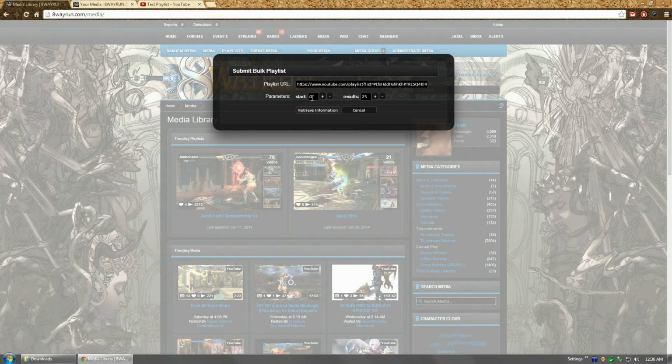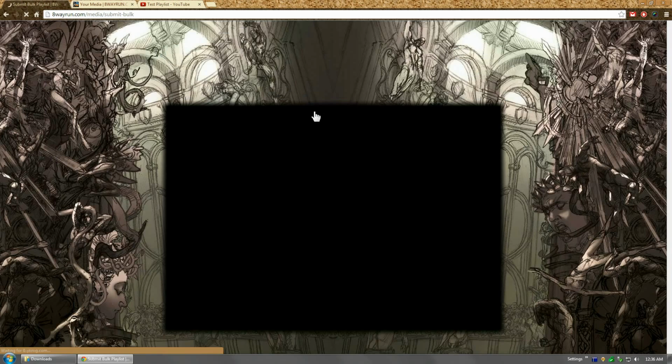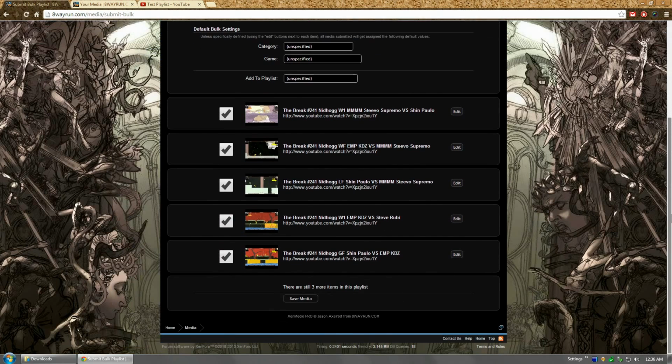Now you're going to see parameters start and results. This is basically saying we're going to start at the beginning of the playlist and we're going to return 25 results. I'm going to show you how this works by lowering this to 5. So now it's only going to return 5 results, and click retrieve, and now you can see there's 5 results